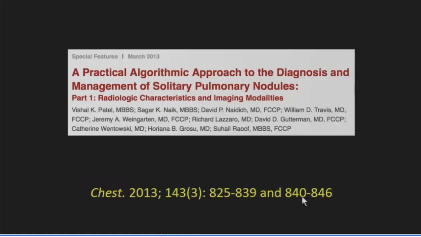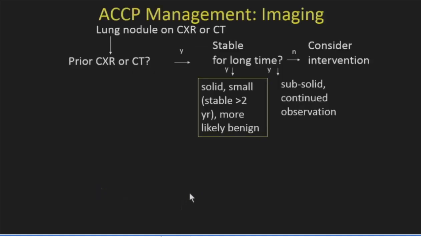So now on to management of solid nodules. We touched upon a large amount of techniques and ways to look at a lung nodule, and how do these all fit into management algorithms. And therefore, I'd like to bring up this multidisciplinary paper by Gould and Patel and Dr. Nadic. This is just a summary of multidisciplinary writing of management guidelines that the American College of Chest Physicians have published. And basically, it follows what we practice, I think, on a daily basis,